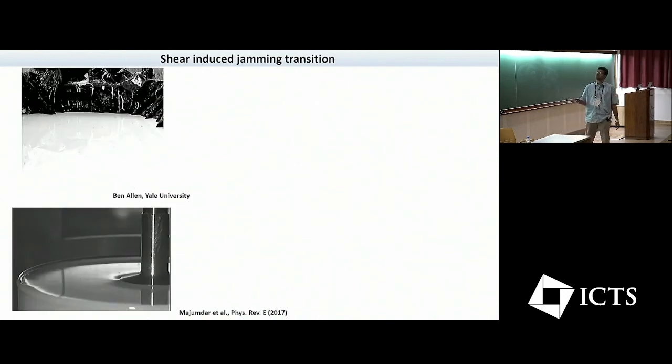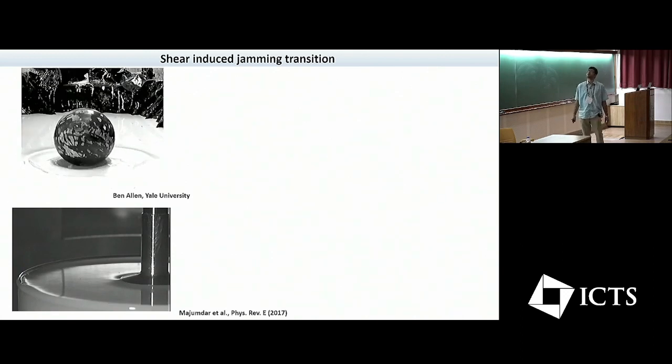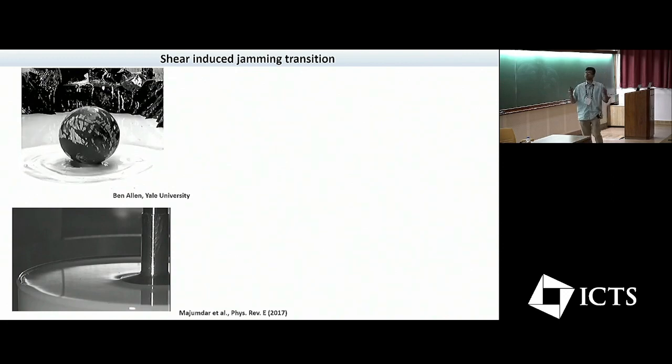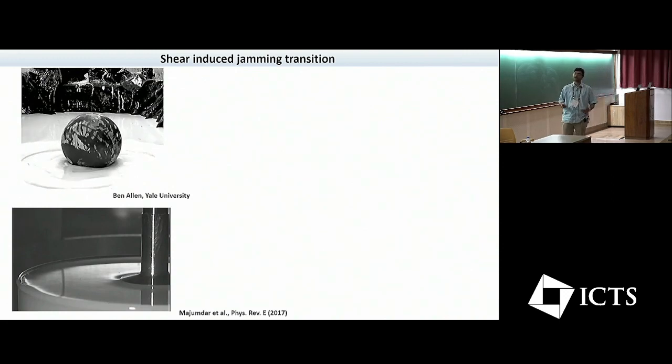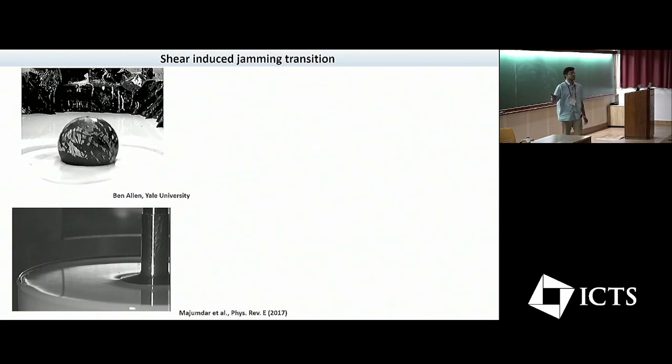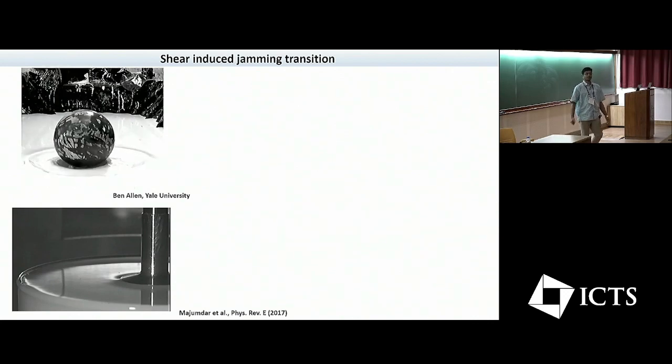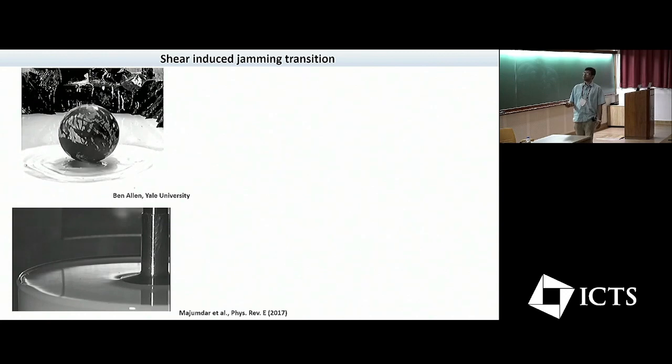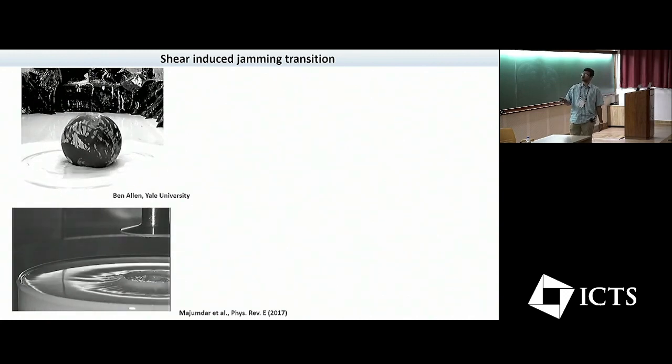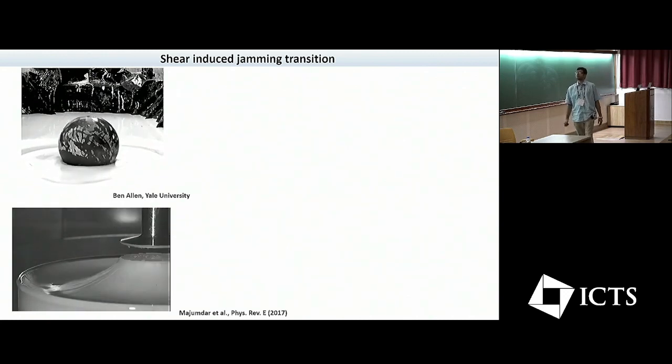This is a dense suspension of cornstarch particles in water, both of them, in fact. You see, it is a liquid at rest. If we drop a heavy object, rather than creating a splash, it becomes a transient solid and can bounce a 5 kilogram ball off the surface. And under extension also, it behaves very differently from a conventional liquid.